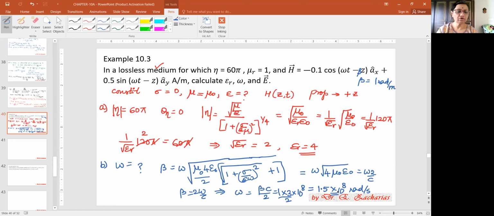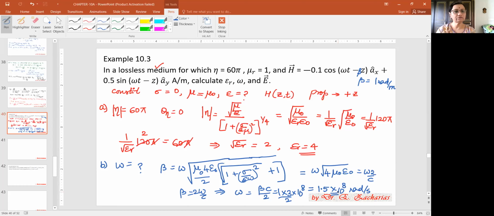If your memory is very good, you need not write this full expression for beta. Straight away after 1 or 2 problems, you will know that for these kind of materials, beta equal to omega into under root of mu epsilon. But I purposely did this extra step to make people whose memory is not very good comfortable. So that's the reason why I went about doing this particular problem in this fashion.